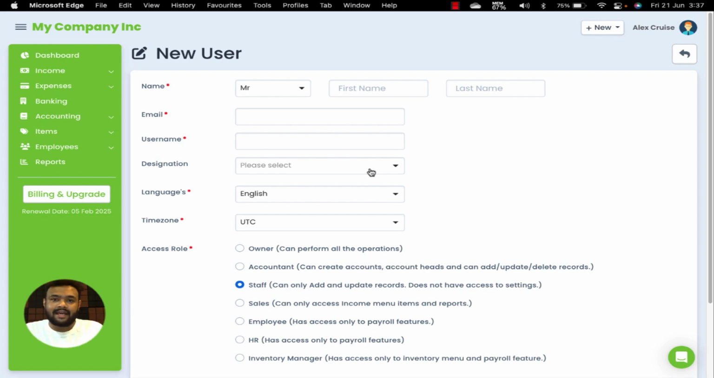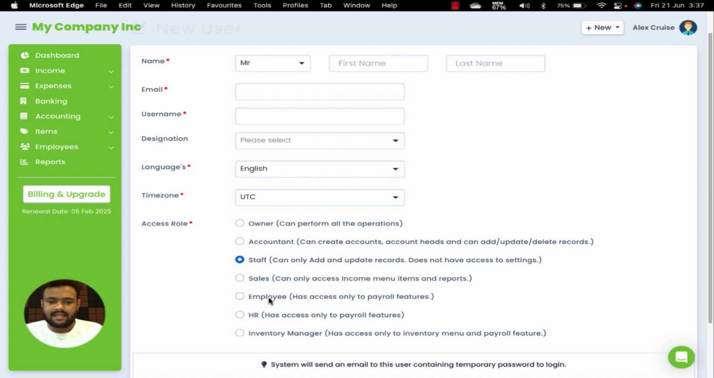So your data is safe and secure, and only certain aspects of that data will be shown to that specific user. Some of them I can just go through quickly: owner, accountant, staff, sales, employee, HR, and inventory manager. So this will also give you